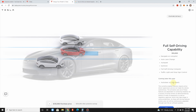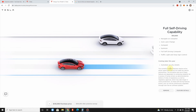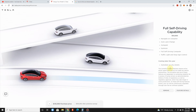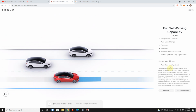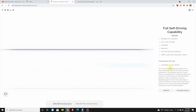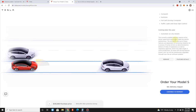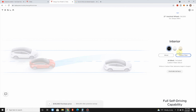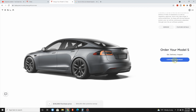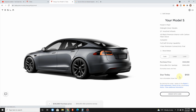If we scroll down, I also selected the full self-driving because I thought it would be totally cool to do videos on the navigation, the auto park, the summon, and all these different functionalities. Most importantly, the self-driving on roads, which is in beta right now, but that's gonna be dope. So I added that, that's 10 grand. Anyways, right here it's showing us what the total price is. When I go to continue to payment, it says $145,990. Now this doesn't tell us the other little fees that Tesla charges and the money factor and the interest rates,